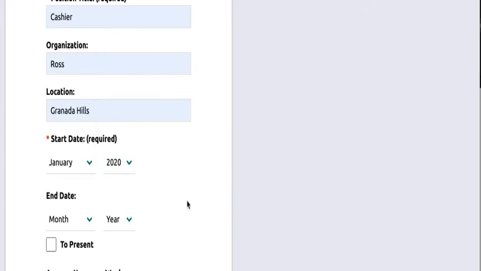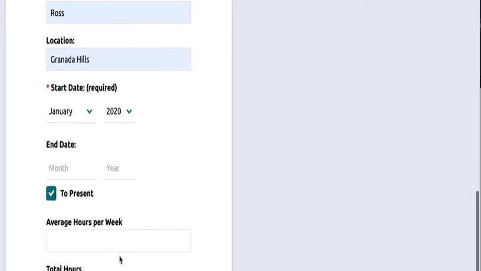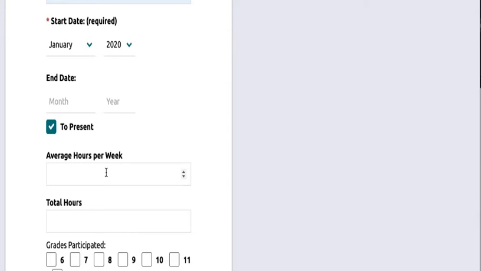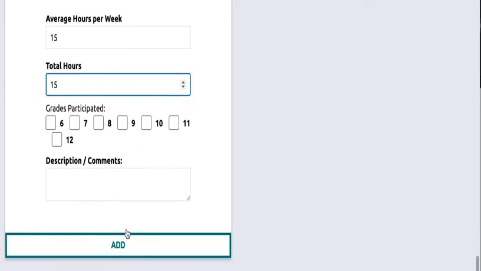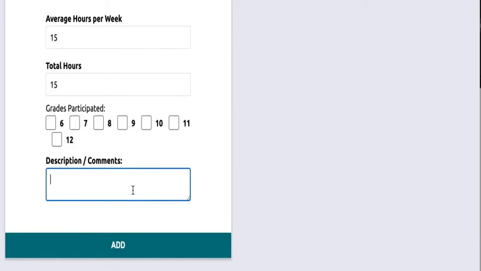And then maybe you're still an employee, so you're going to hit present. If at any time this job terminated, you can always put the end date here, the month and year. But for now, we're going to say we're still working there. Let's say we work 15 hours a week because you are a student and you can't work more than 15 hours a week. You're going to describe